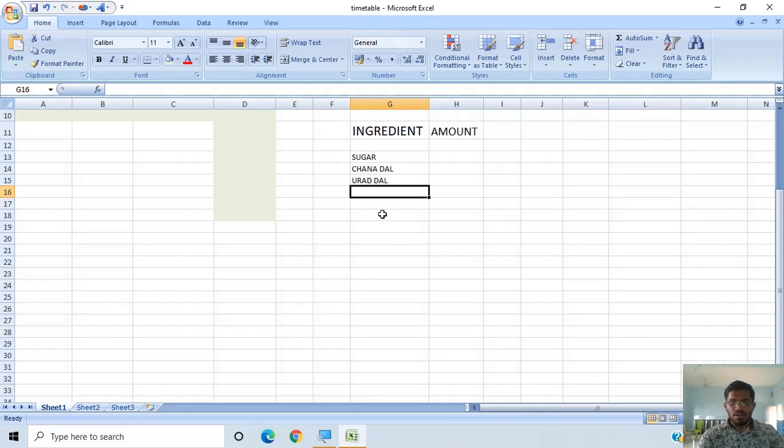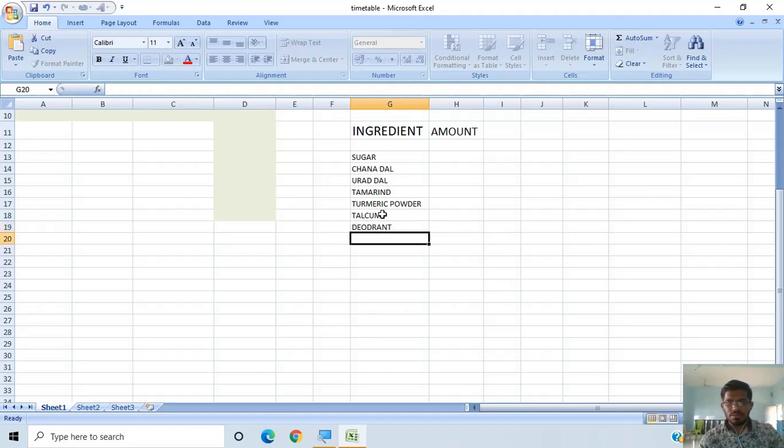And different types of spices like tamarind, turmeric, maybe turmeric powder, and different types of talcum powders also. Next we will buy deodorants.